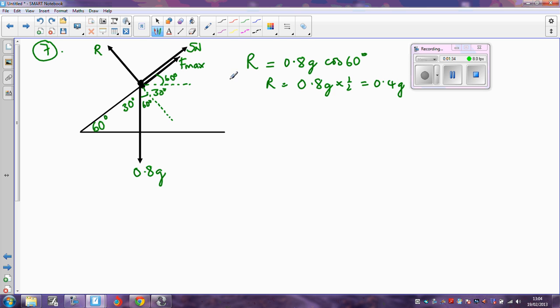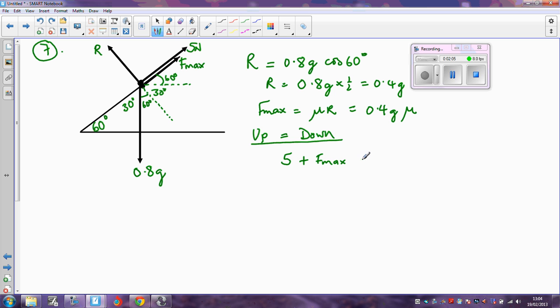My frictional force then is at a maximum, and we know that F max is equal to mu R. So I know that F max is going to be mu multiplied by this, so that's going to be 0.4g mu. Now I also know that my particle is in equilibrium, so the forces acting up the slope must equal the forces which are acting down the slope. Acting up the slope, I've got 5 plus F, and that F is F max, so 5 plus F max acting up the slope must equal the component of the weight which is acting down the slope, and that's 0.8